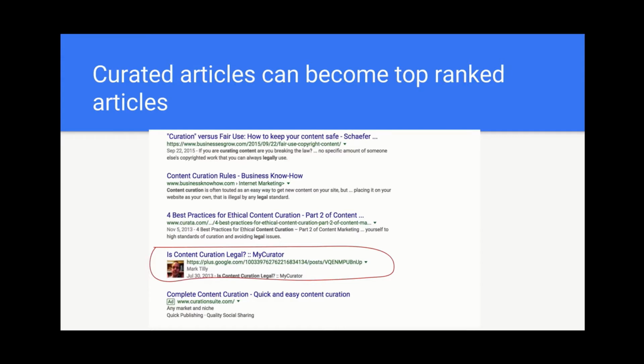So the next step: curated articles can actually become top ranked. The article I've circled, I wrote in 2013, and the title was Is Content Curation Legal. I basically curated about 5 or 6 different articles. My curator was picking up articles about legality. I was saving them in a feature we have on my curator called a notebook, where I could keep track of articles for future use. I read through those articles. Some were scholarly legal things, some were trendy things, some were common sense articles. And I wrote my own article,